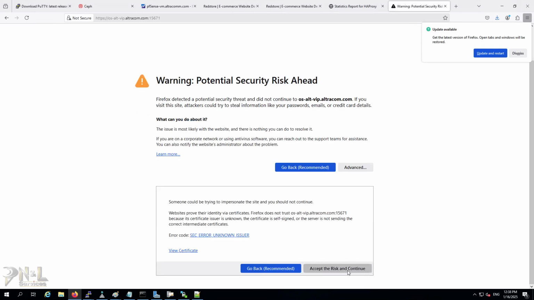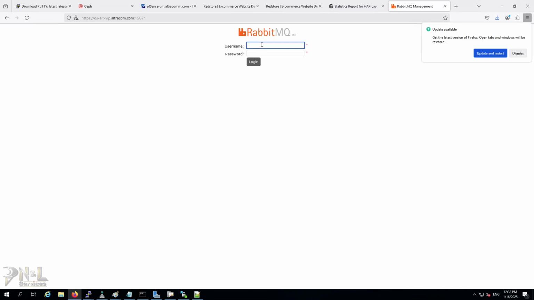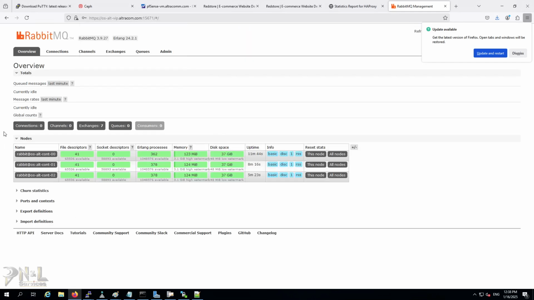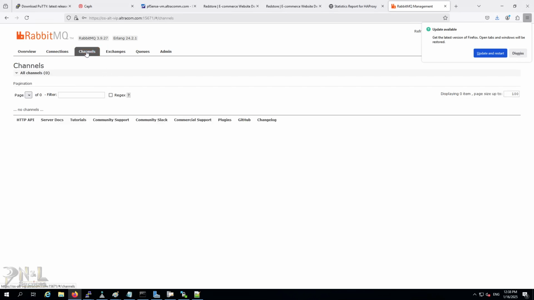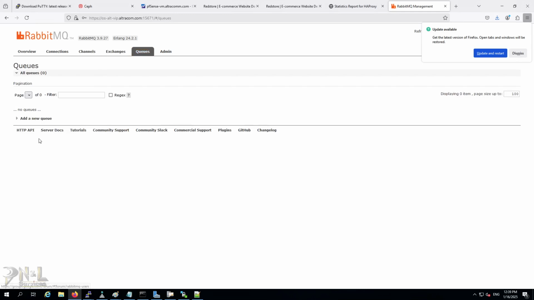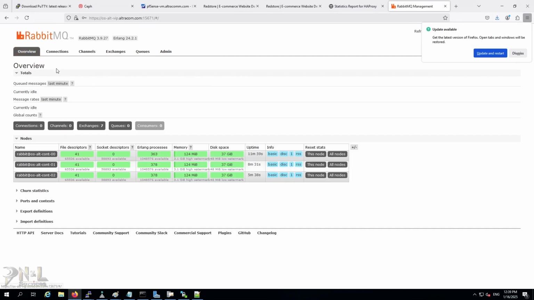5671 is actually what RabbitMQ uses to communicate with the rest of the services. So we're supposed to be using 15671, and we're going to use the password we created earlier on. As you can see, this is what the interface looks like, and you will see the connections, the channels, the exchanges, the queues. There are no queues because we have not enabled any queues from